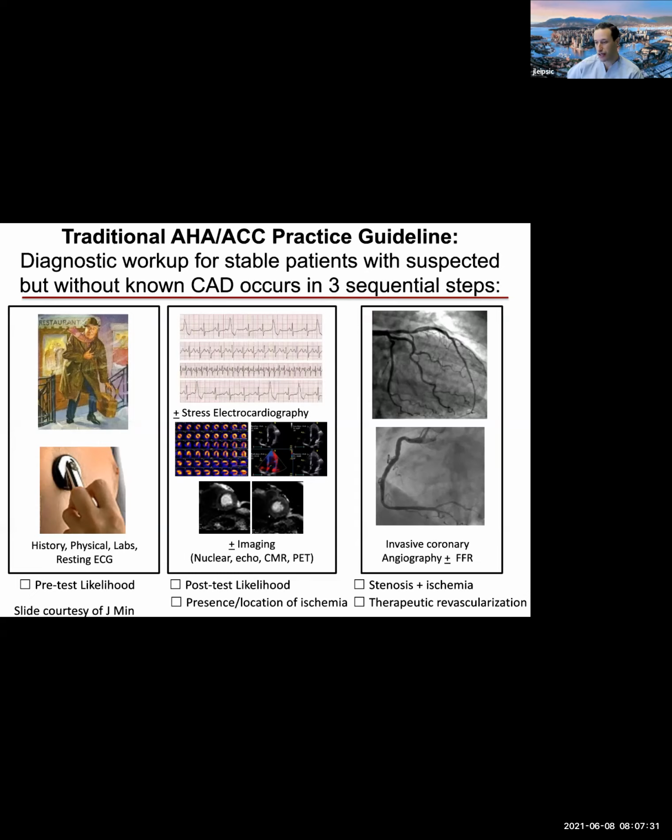But if we look at the traditional assessment, you can appreciate that it's quite a circuitous approach to the diagnosis of coronary disease. And I say that not because I don't think that stress testing plays a role in modern practice. It will continue to play a tremendous role, particularly the great stress CMR work that you guys do in Calgary, the PET work that's done by so many. But I think that if the question is: is there atherosclerosis in the coronary arteries, and is there an anatomical stenosis,